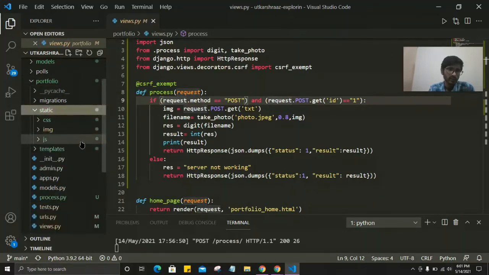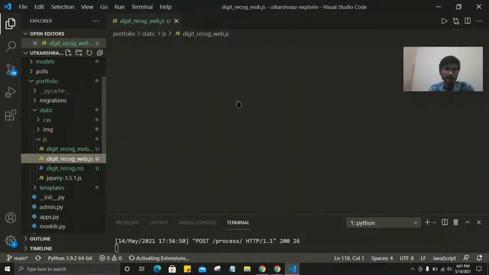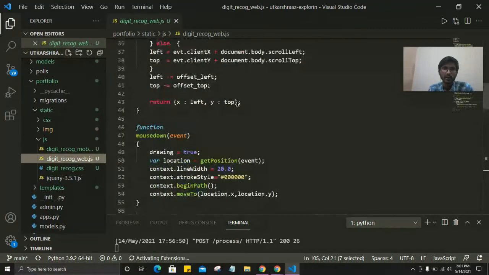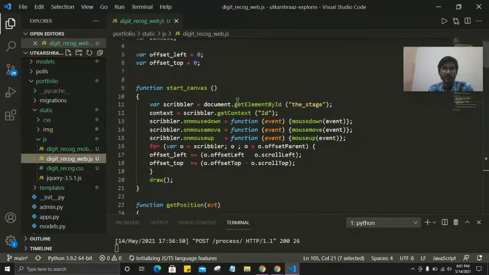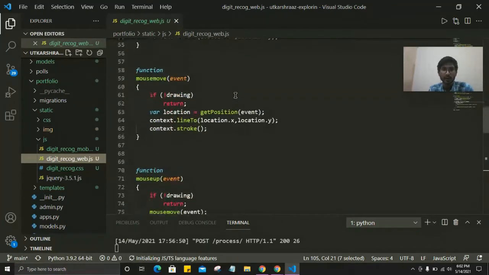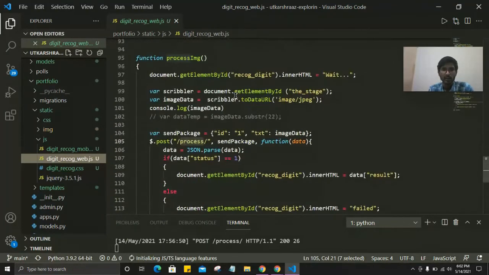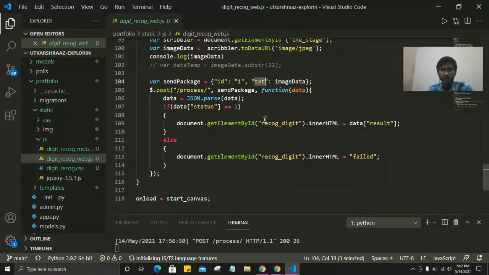In the static folder, you can see the code of the canvas, how the canvas is working in the JS file. So these are the code to make the canvas work, and then I am converting this canvas into a data URL and sending it to this URL, the process URL.